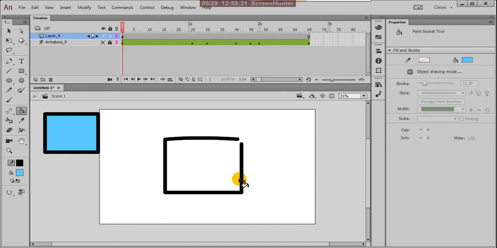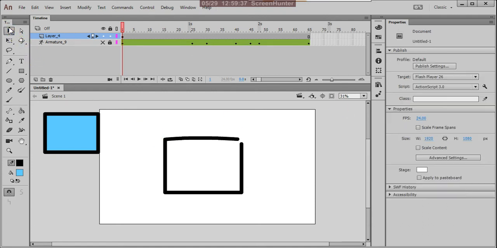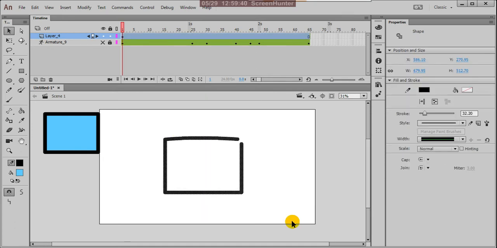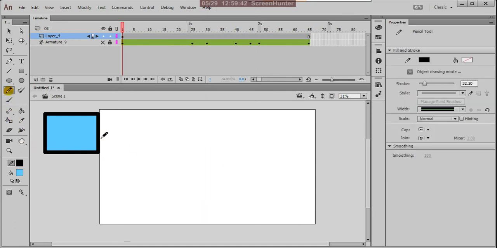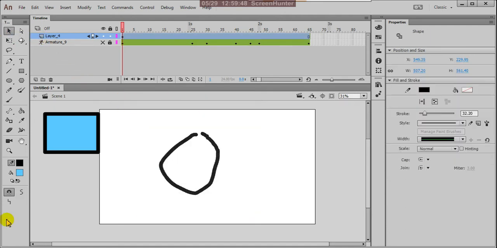Okay, in this gap area we actually must fill these gaps.